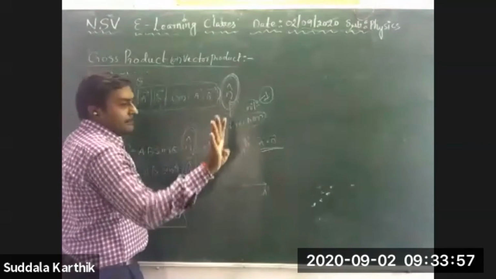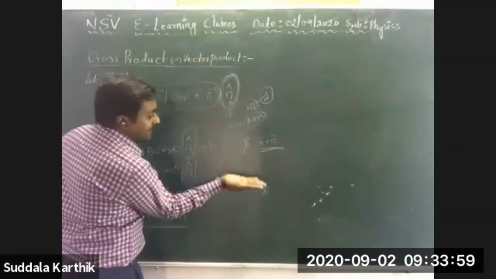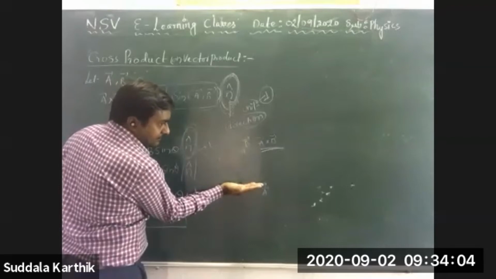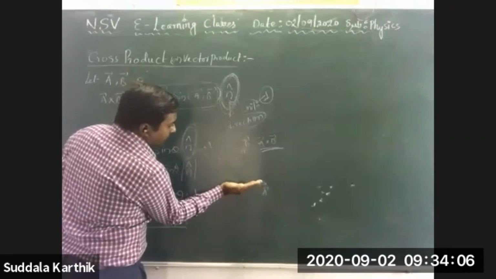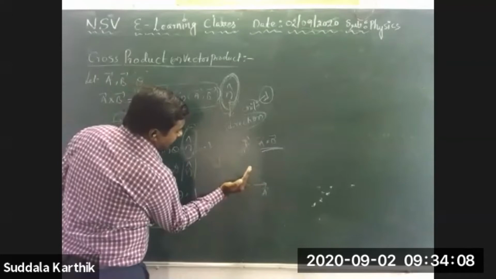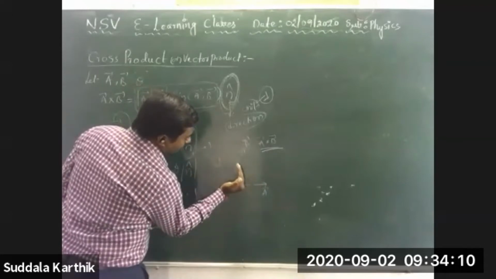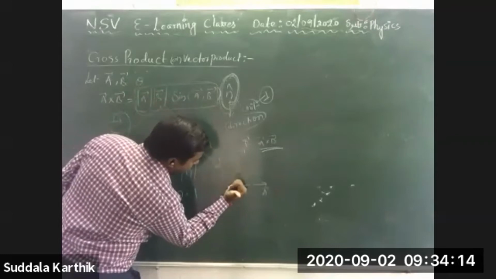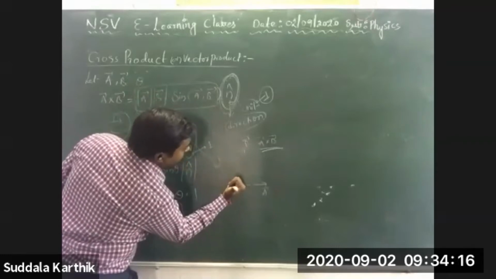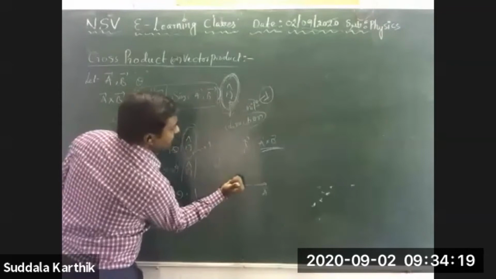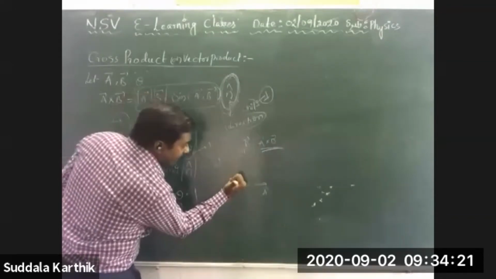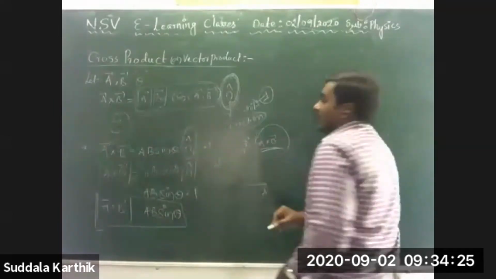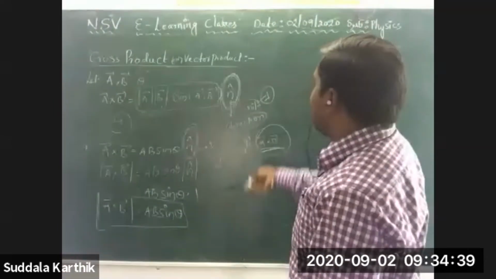So that's why I am placing my four fingers in the direction of the first vector, right? Then I move them towards the second vector. While I am folding towards it, my thumb finger shows one particular direction. Along this thumb finger direction, the resultant vector will be there. The other method is also there.